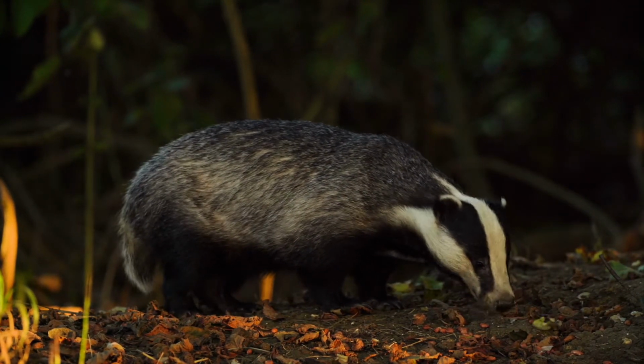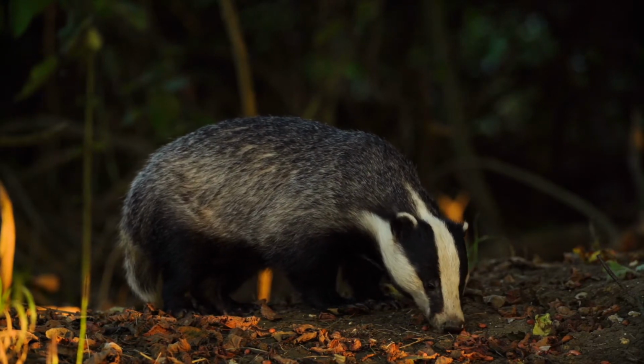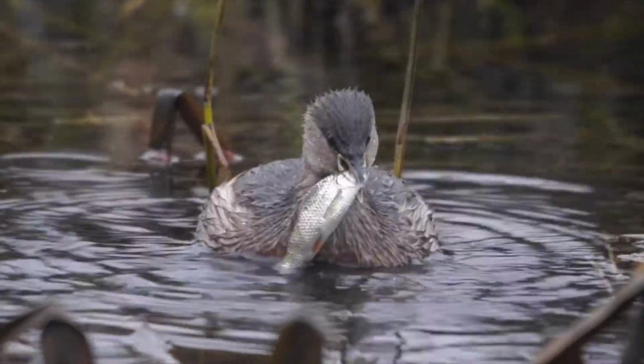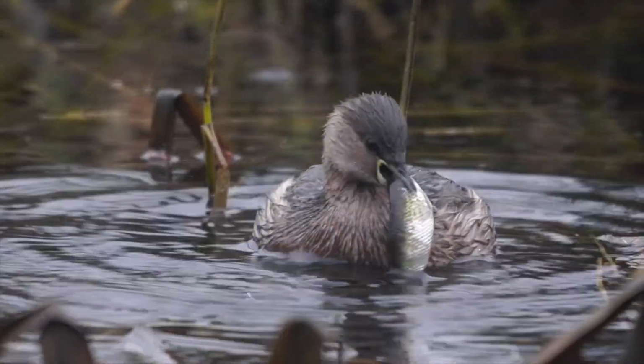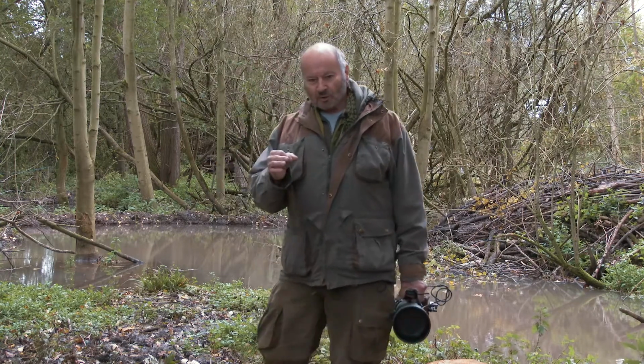Clothing wise, I always use very soft clothing that doesn't make a noise. Don't use a big nylon puffer jacket. And really it's about patience and just waiting long enough, and as you sit in the woodland, the wildlife will come to you. Having been asked what's the best lens to get, it's very, very difficult because there's not